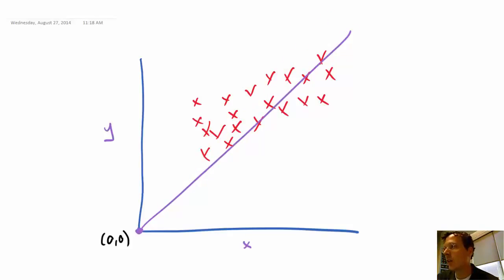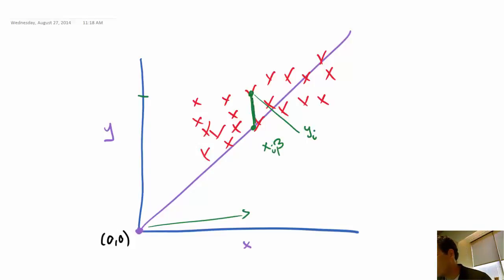Let me take this line here. It's going to take each observed point y. It's going to calculate the vertical distance. That height is yi. Okay? This length is xi, and that point is xi beta on the line. So this distance right here is yi minus xi beta, and then if we square it, we'll get the squared distance. So what